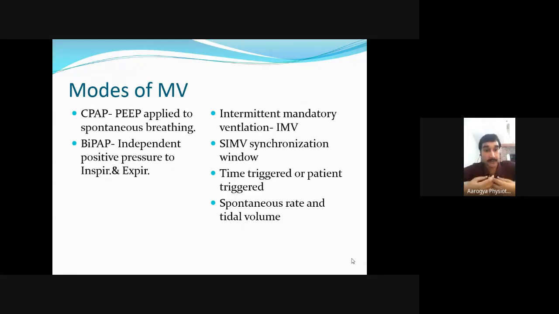And as a physiotherapist, your role is to strengthen and endure the muscle. You can do this by using inspiratory muscle training. We'll see that. There are also complications of SIMV mode. If you want to wean off the patient too early, you can go into a weaning failure. You can increase the work of breathing again. But if it is safe enough, looking at the patient parameters and patient response, it's good to wean off on an SIMV mode. Next.